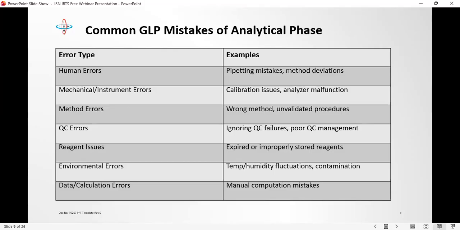Unvalidated procedure. For good laboratory practice to be in place, you must always validate all procedures you use in your facility. Make sure they are properly validated. When you use an unvalidated procedure, it can also pose a risk. Okay, QC errors, ignoring QC failures, poor